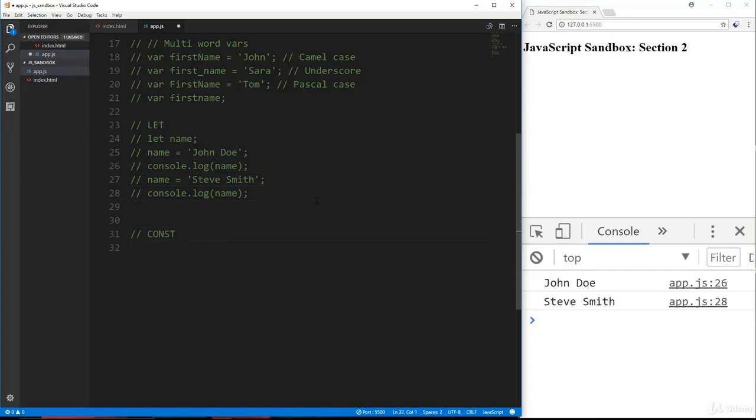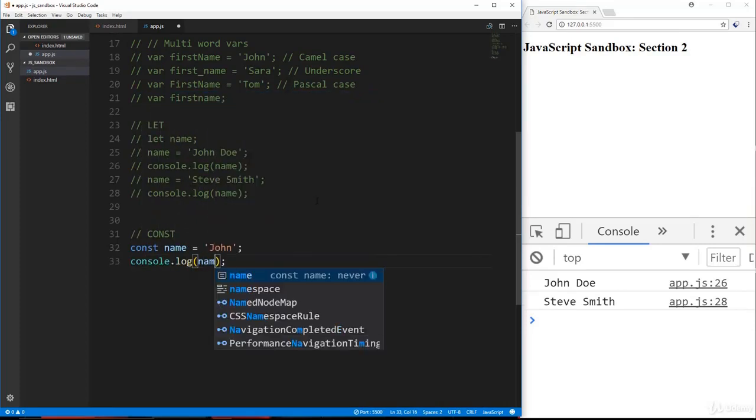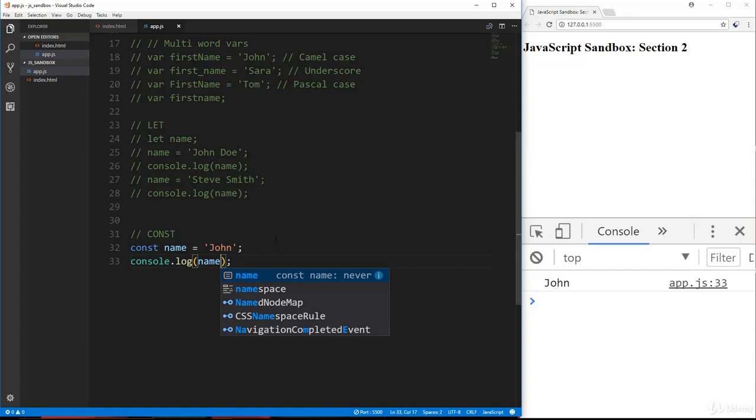So const actually stands for constant, and what that means is that it can't change, or it can't be reassigned. So if I say const name equals John, and we console.log name, that's fine. We get John, everything's okay. But what we can't do